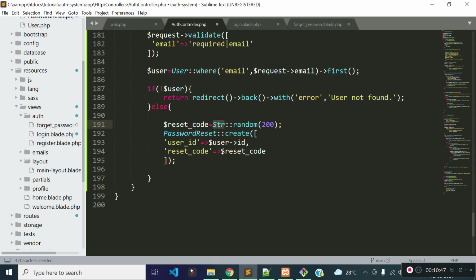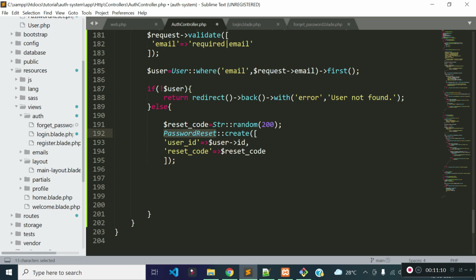Str helper method in Laravel, and then I am storing a record to password reset table with reference to this user ID, and I am storing this reset code. And after storing this data to password reset table, we need to send an email to the user, right?